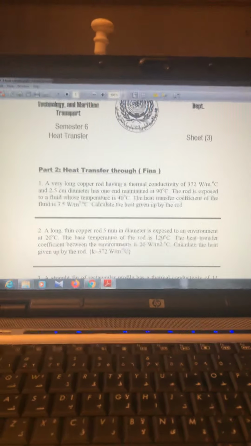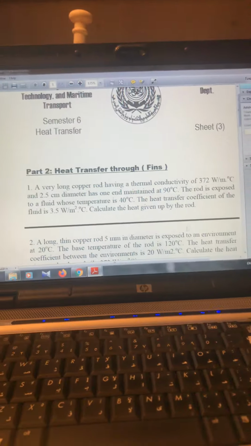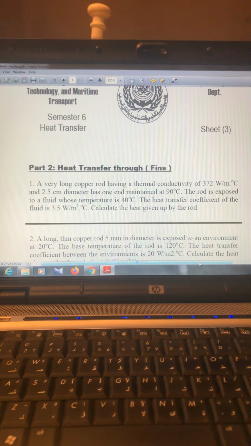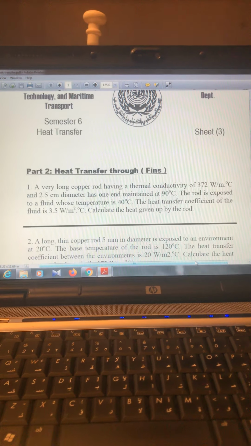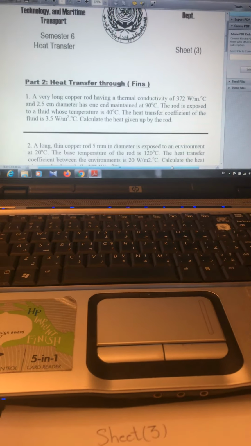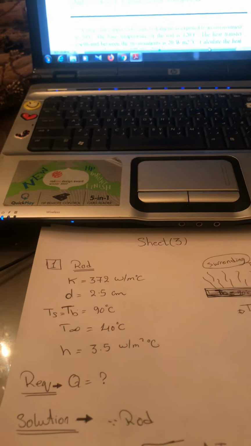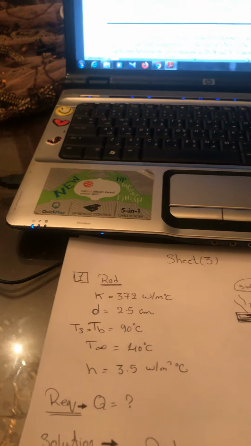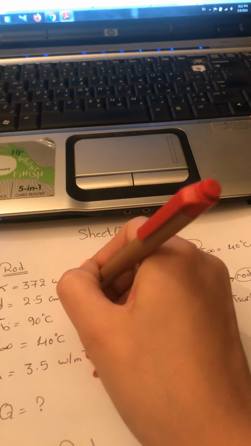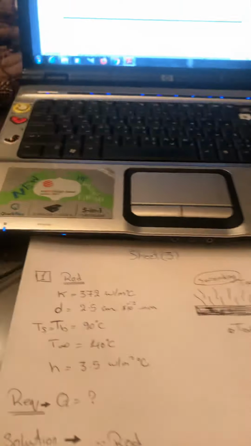The first one: a very long copper rod having a thermal conductivity of 372. So the first thing you write is the thermal conductivity equals this. And 2.5 centimeter diameter. Centimeter, you multiply by 10 to the negative 2 to make it meter. Okay, then